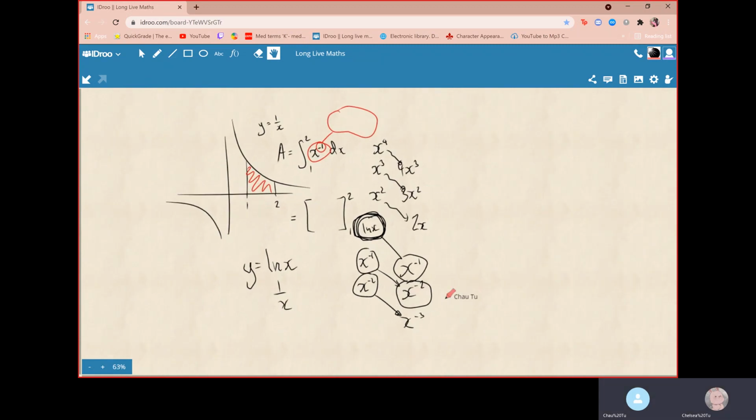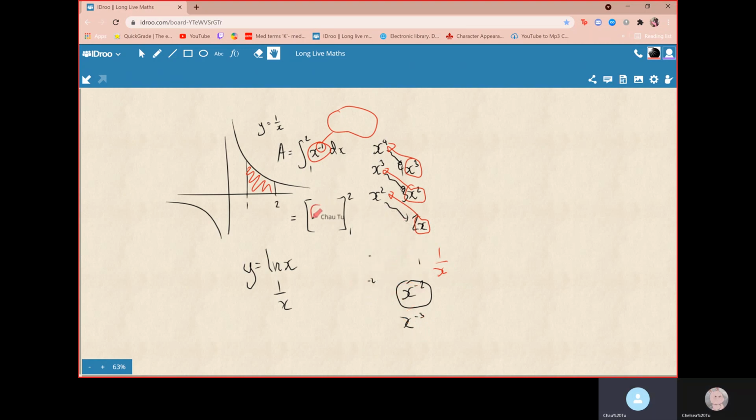This pattern's kind of weird because if you look at it, it's always one notch higher. Can you see that? It's always one notch higher. But for some reason, when it comes to 1 over x, this weird natural log crops up. It breaks a pattern. Can you see that, Chelsea? Yeah. So, to integrate it, Chelsea,